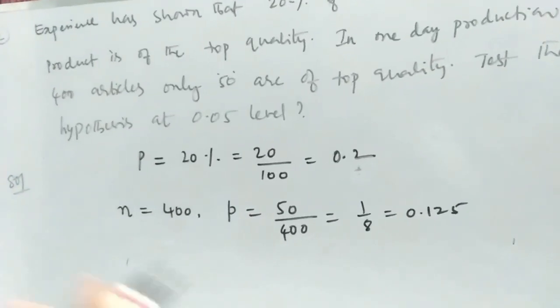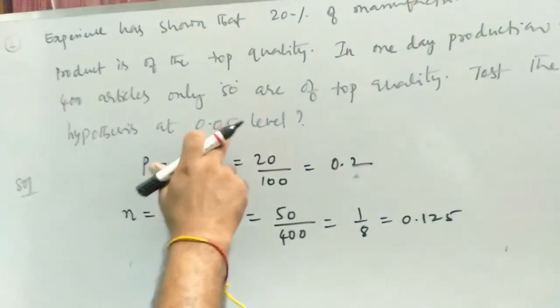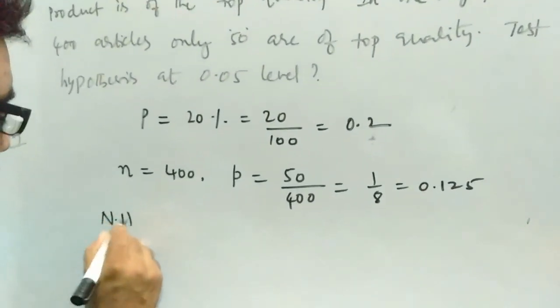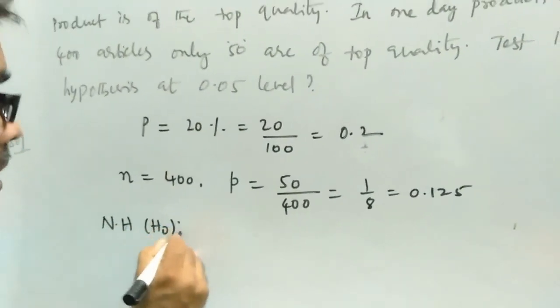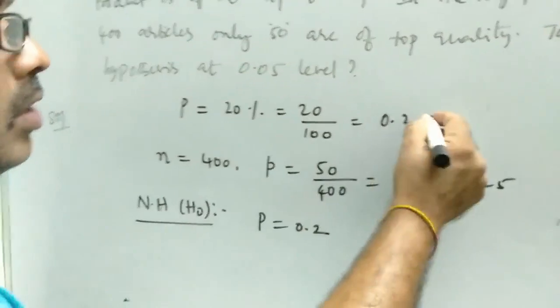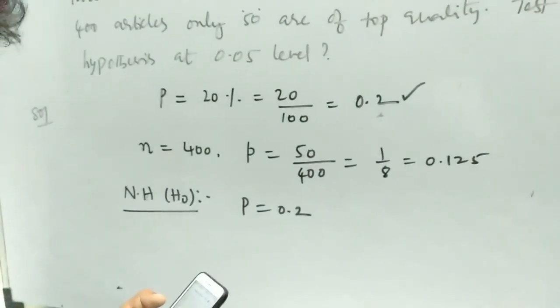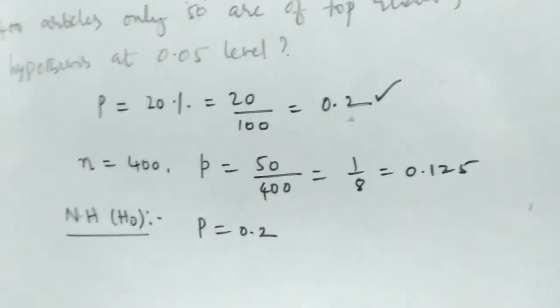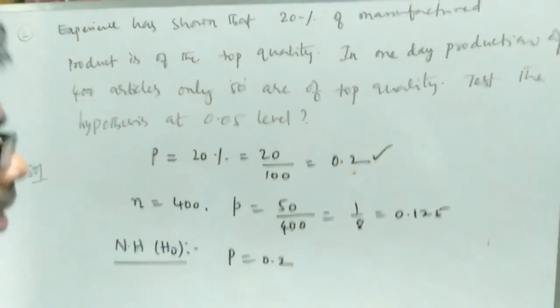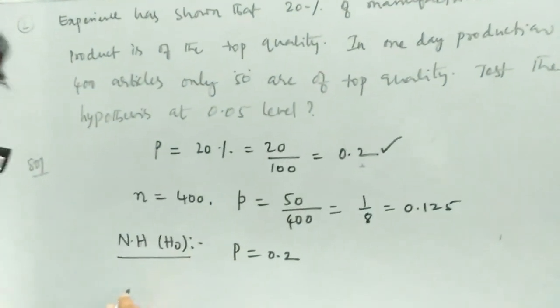Now we have to test the hypothesis at 0.05 level of significance. Now I use the procedure. Take the null hypothesis H naught, that is testing of single proportion, capital P is equal to 0.2 is acceptable value or not. Right, we are going to test the single proportion, population proportion. వాడు ఇచ్చిన 20% కరెక్టా కాదా యూజింగ్ శాంపిల్ ఇన్ఫర్మేషన్ అనేది చెక్ చేస్తున్నాం.